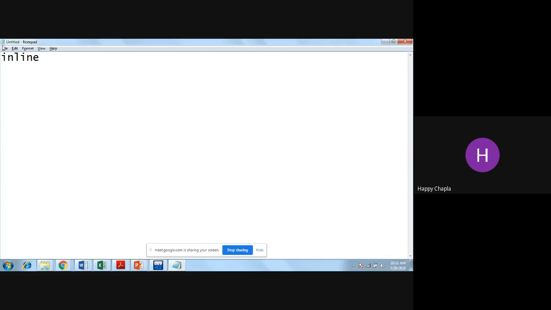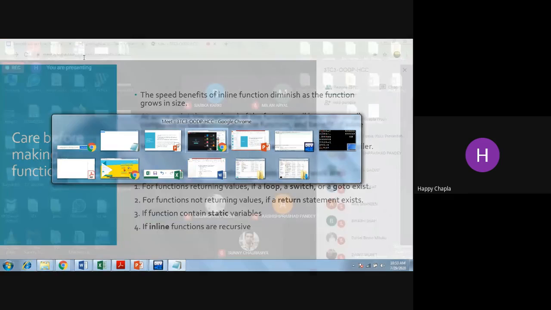I am requesting my compiler by writing inline, right? That if my function is inline, you can replace my function call with the function code, right? I'm requesting the compiler. So this is not a command for the compiler. Okay, so if my function contains 3 to 4 lines and I still write inline over here, your compiler will refuse to make it inline. Okay, so it will run like a normal function, because I'm requesting the compiler, I'm not giving a command to the compiler, right?